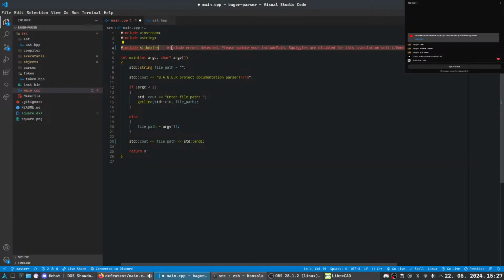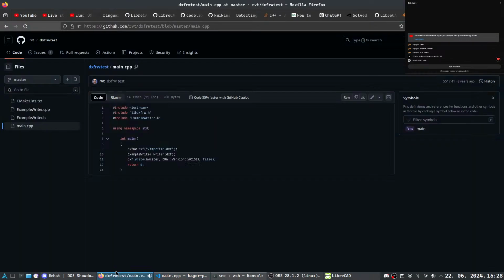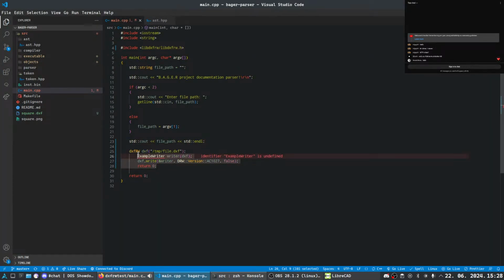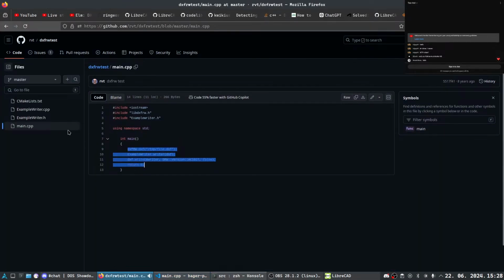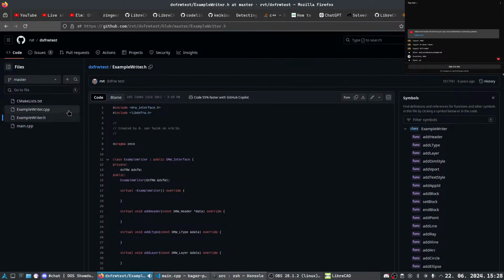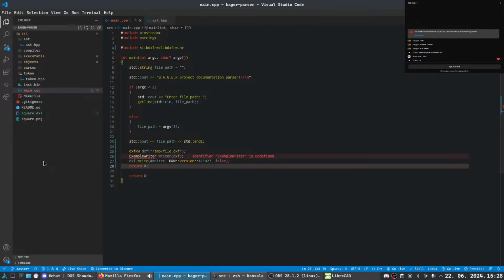Why not? I fixed. Okay, let's actually just copy this code. I don't have example writer. Actually, I can. I'm just gonna copy this code to test this example